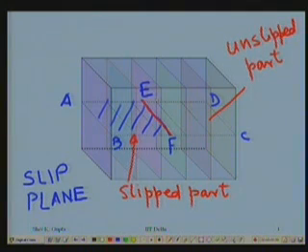And what is this boundary? It is the edge of the half plane. And the edge of the half plane is what I call the edge dislocation. So this EF is the dislocation. Where does this line EF lie? It lies on the plane A, B, C, D, the slip plane. So these are some of the terms which I have introduced, and we shall now define a dislocation on the basis of what we have understood here.